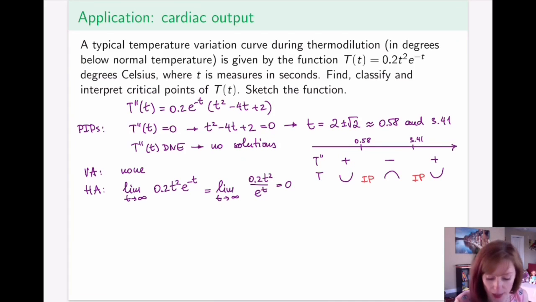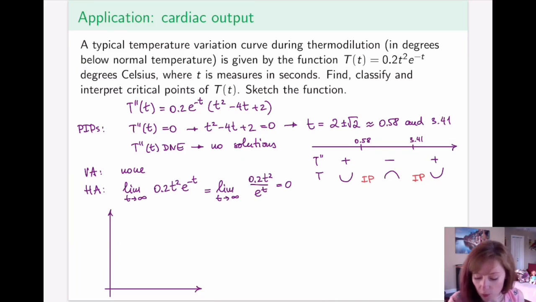With all of this in mind, let's try to put all of this information onto our graph. Okay, so what are some of the useful points where you would like to have both x and y coordinates? Those include your critical points, as well as your inflection points. So we would like to compute t at 0 and at 2, as those were our local minimum and local maximum. I'd also like to know what t is at both of the inflection points,